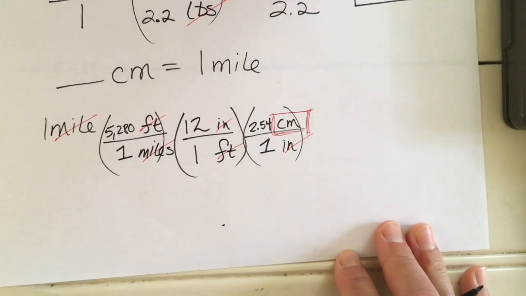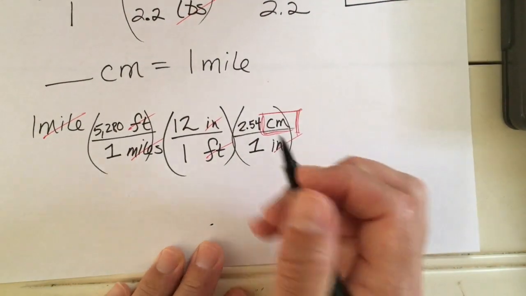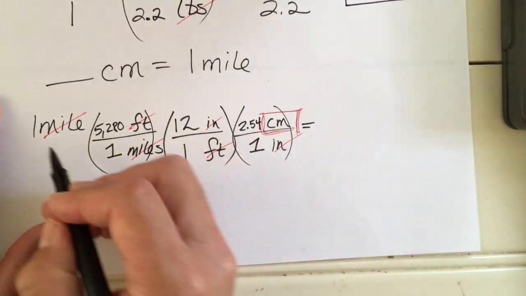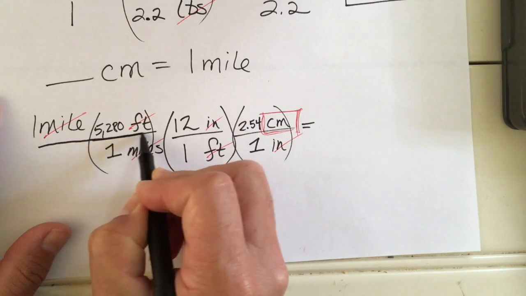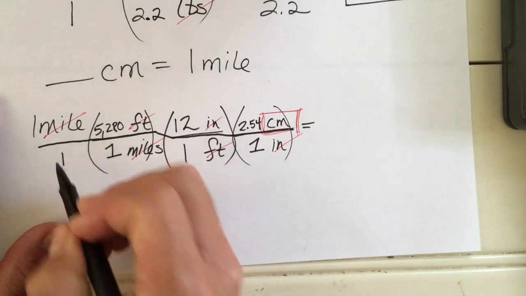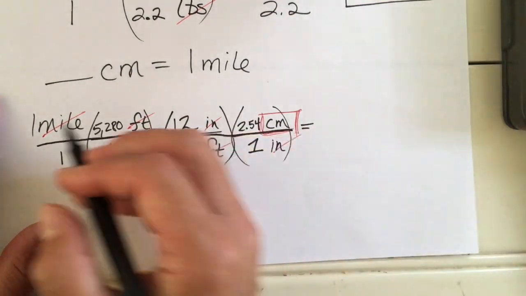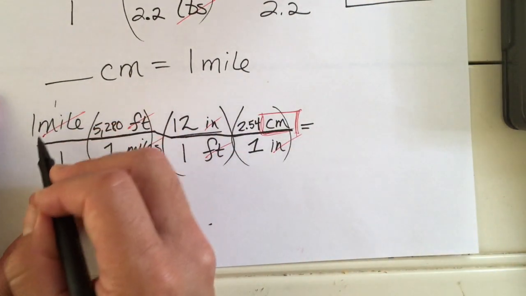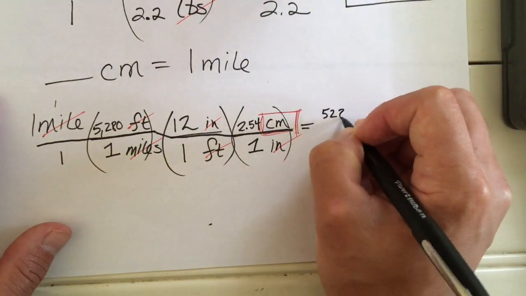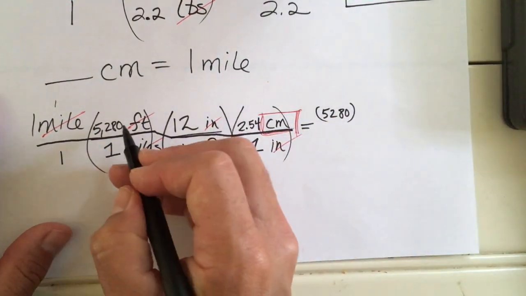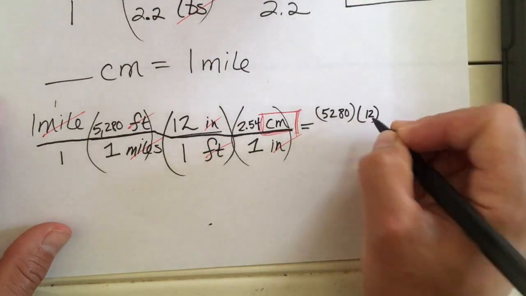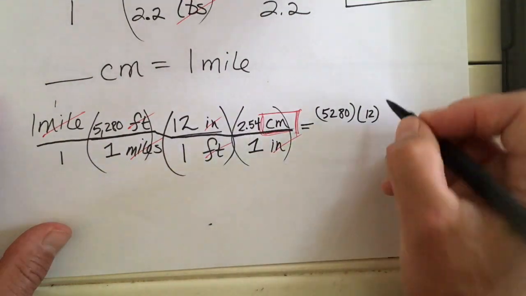All right, so now we can go ahead and go to the next step, which is multiply the top across, multiply the bottom across, and divide, right? Because remember, this is just one giant fraction. All right, there's a 1 there. So multiply top across. I'm not going to write any 1s. That's a 1. 1 times 5,280 times 1 times 12. Get to write that. Times 1 times 2.54